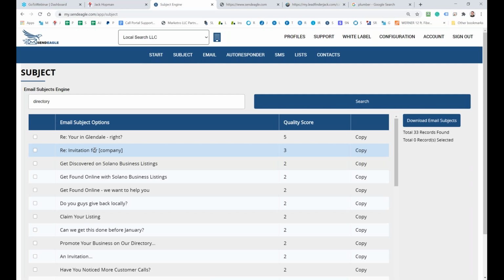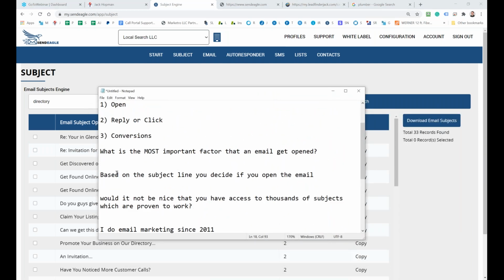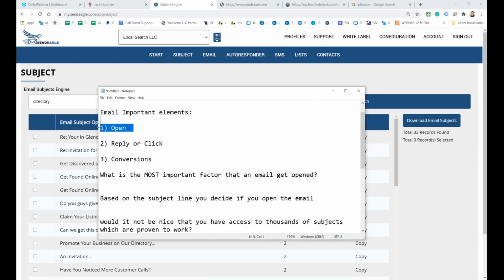Everybody can do this. And the stupid thing is, the subject line is the most important element to get your email opened. So it's the most overlooked element of an email, the subject line. If the email doesn't get opened, then the email makes no sense. Doesn't always mean